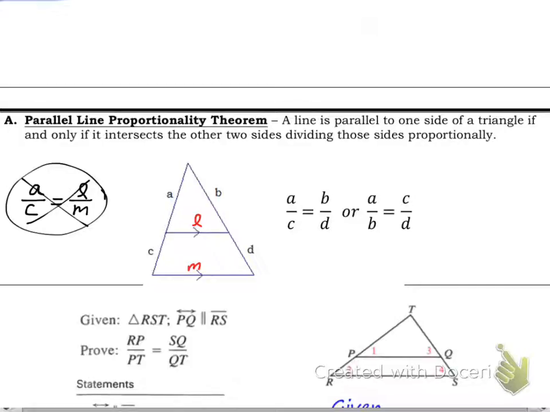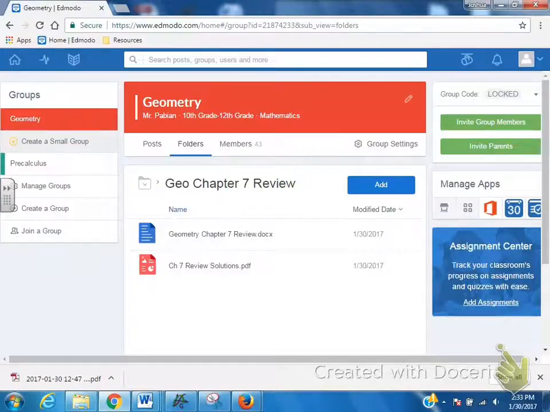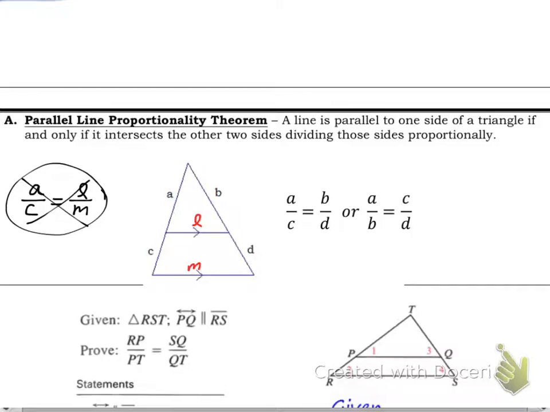Where this fell apart is when I tried to compare segments to our parallel lengths. So I couldn't say A to C, that's just a segment, to another segment is the same thing as these parallel lines. That does not work. So when I go back to the example for today,